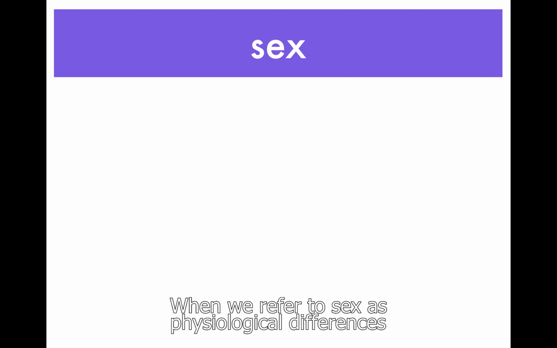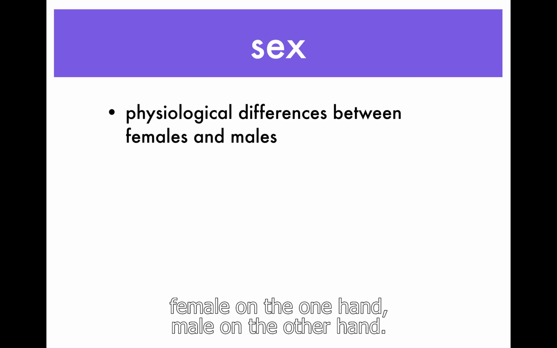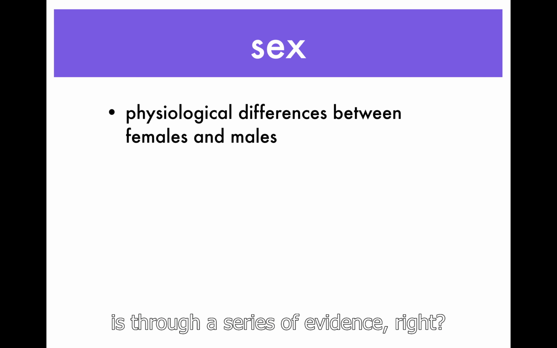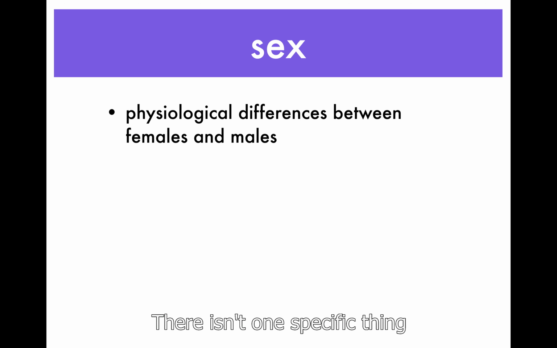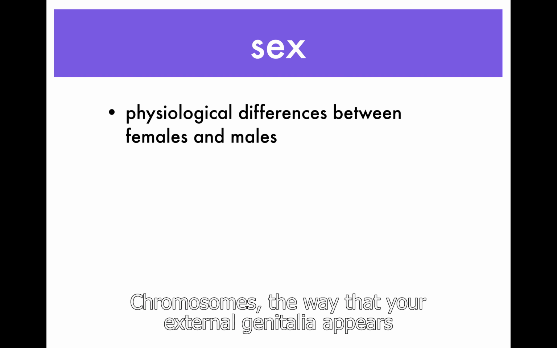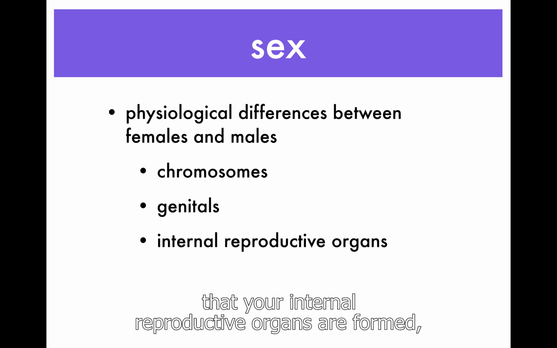When we refer to sex as physiological differences between female and male bodies, we're talking about characteristics that distinguish female on the one hand or male on the other. The way that people do this is through a series of evidence. There isn't one specific thing that names a body as female or male. It's a combination of things: chromosomes, the way that your external genitalia appears on the surface, the way that your internal reproductive organs are formed,